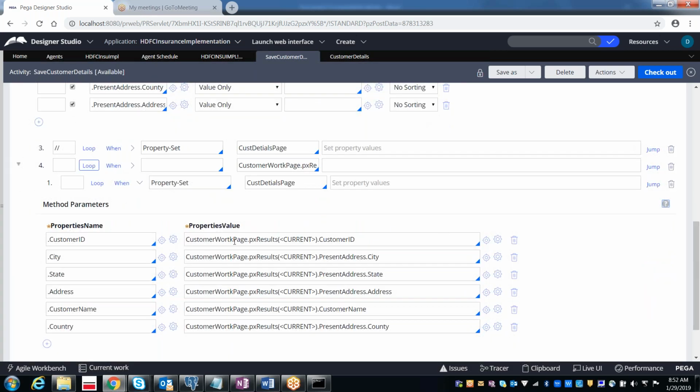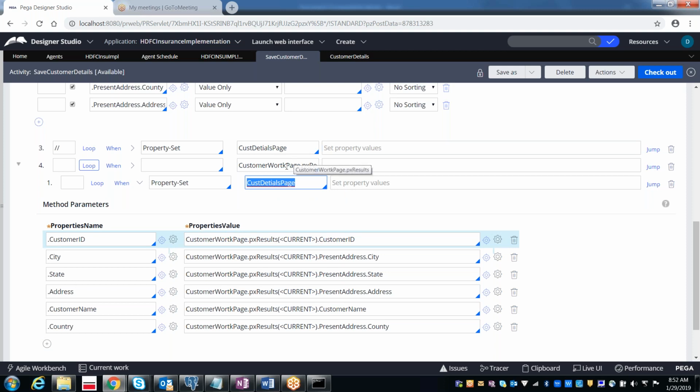From the customer work page, I'm taking customer ID, city, state and all these things, and storing them into the customer detail page: customer detail page dot customer ID, customer detail page dot city. Likewise, the step page will take automatically, from the step page dot the properties.